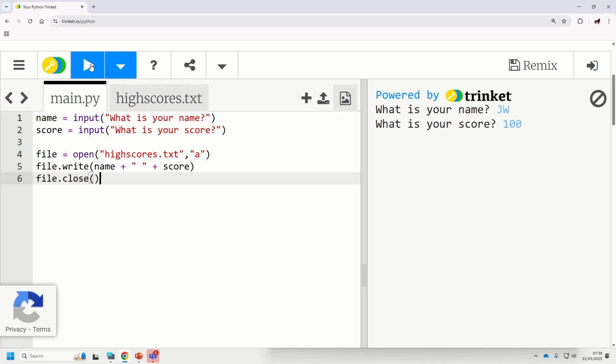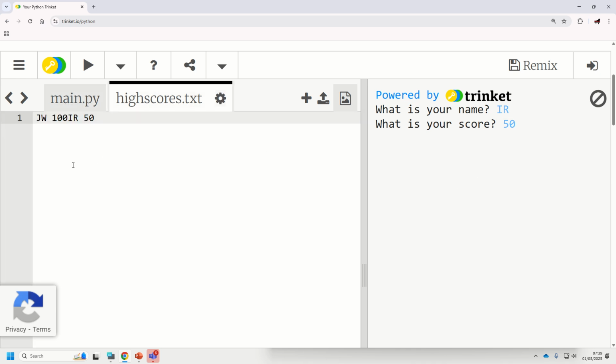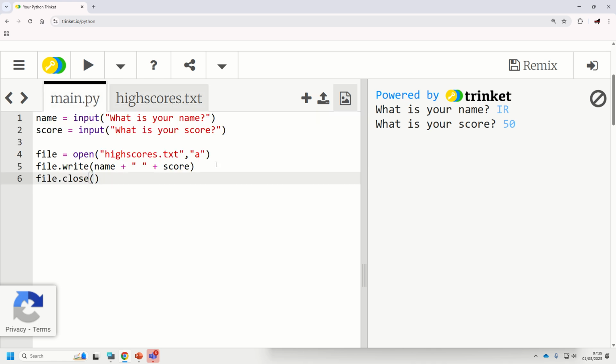Okay, now if I run it again and add another person in, you'll see that the two scores are next to each other on the same line, which is not really exactly what I want. So underneath, if you do file.write, we can write a new line into the code. So any blank line that you put in the exam, even if you just left it like this, it would put a blank line in, and then when we test it now in Python and add a new person in,